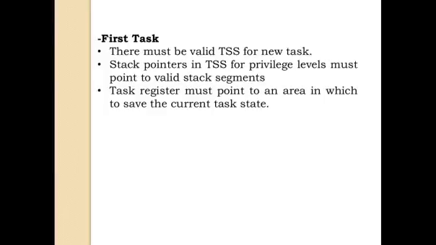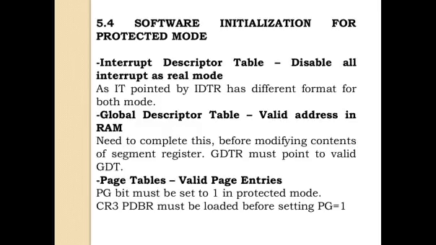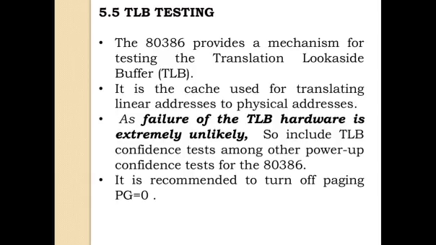After the first task switch, the information dumped in that area is not needed and the area can be used for other purposes. The area pointed to by the task register can be used for another state after the task switch, as we are retrieving the value of the task before the task switch. After retrieving it, we can use the same area for another task. So these are the various initializations required in protected mode, or when we are switching from real mode to protected mode.